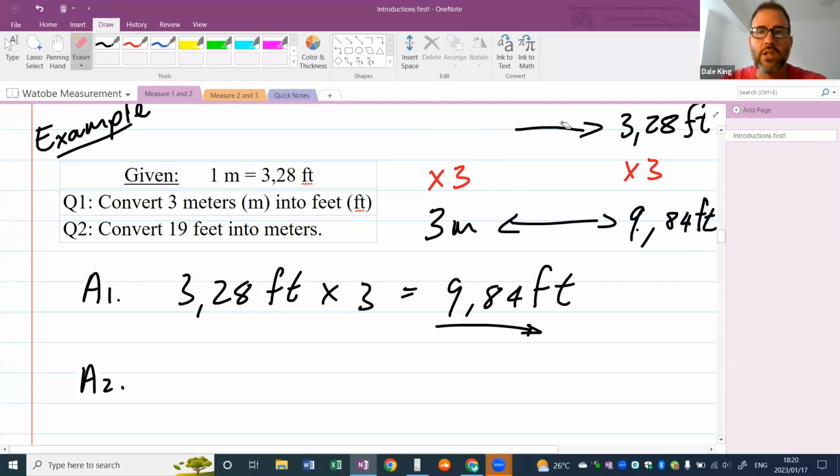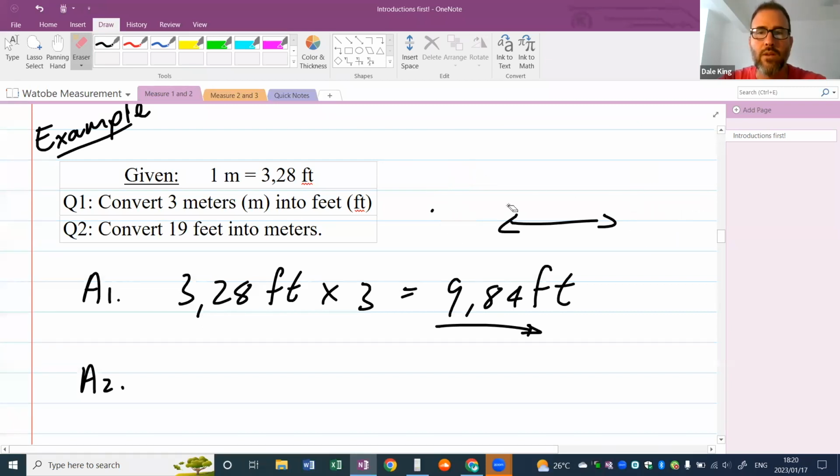Now, how does this change things? 19 feet need to become meters. Well, if I use this way of looking at it, I'm going to show this method a couple of times, and then I'm going to just use the normal calculation. If I have 1 meter, and that has a relationship with feet, and that gives me 3.28 feet,